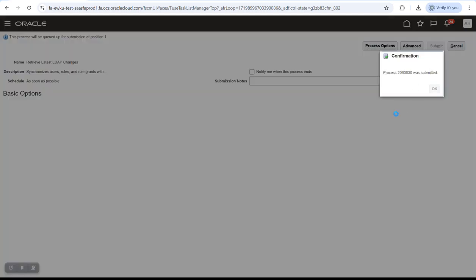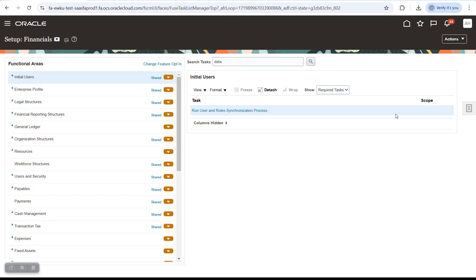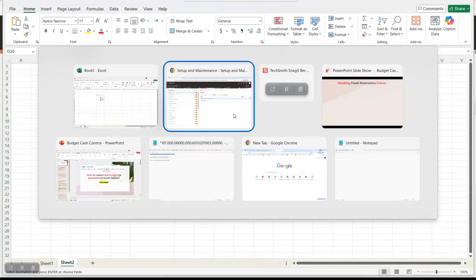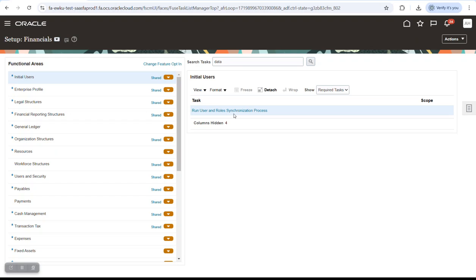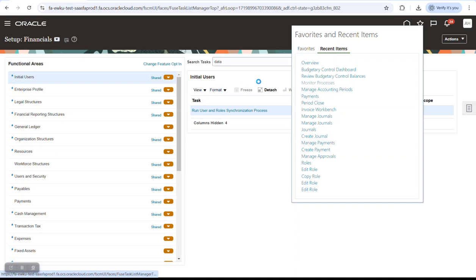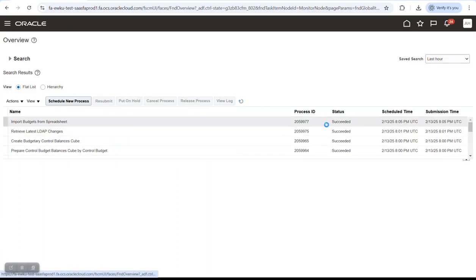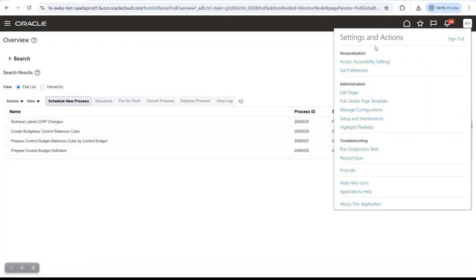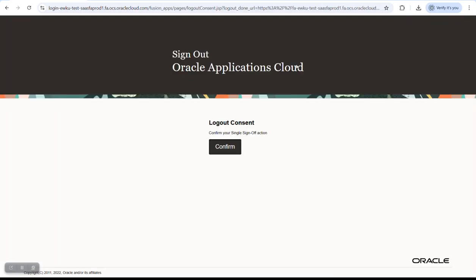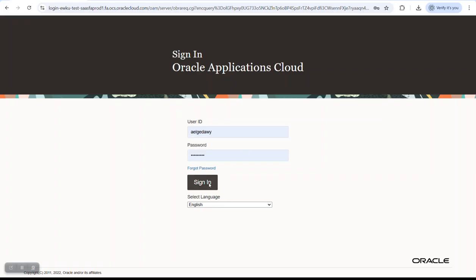because the next step is what? Now we defined or configured the setup. Now we assigned or gave our username access to this new cash budget control. The third point is to upload budget amount to these accounts, right? Then we can start to make a payment which is related to this bank account. So let's check that the LDAP has finished, right? In case you need to log out and log in again,